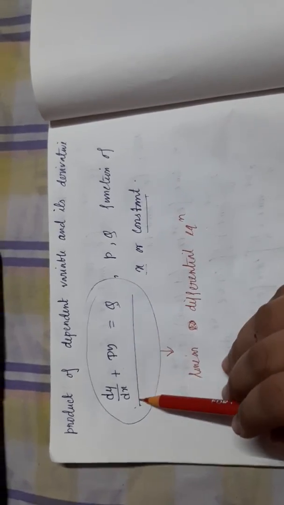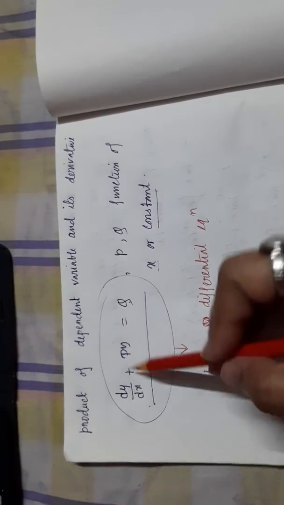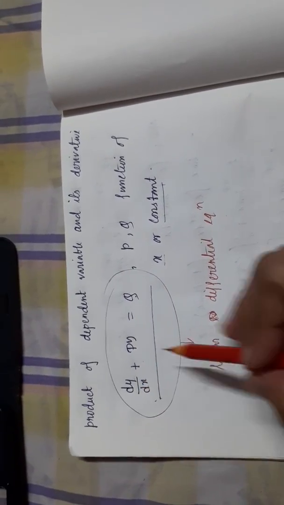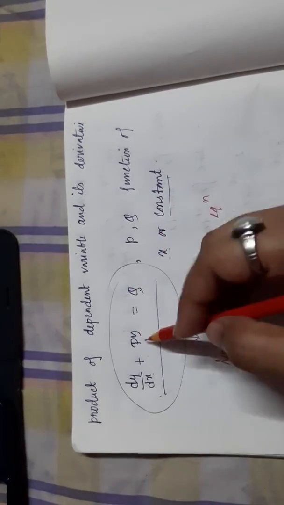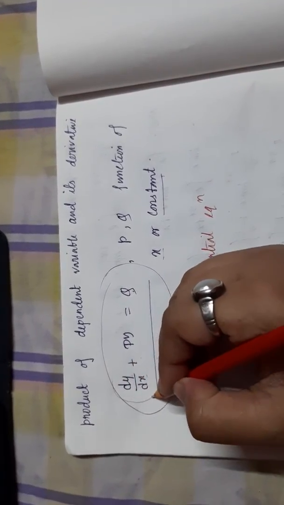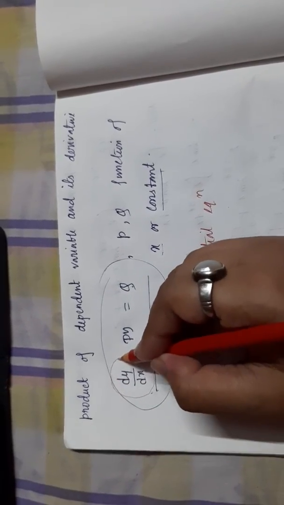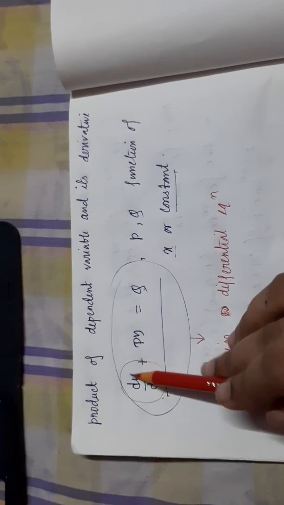First we consider this differential equation. For this differential equation, y is the dependent variable and x is the independent variable. And this is a differential equation of first order and first degree in the dependent variable y, since it